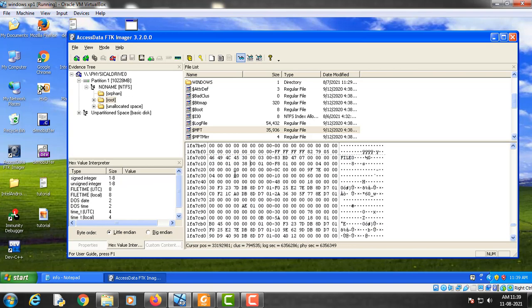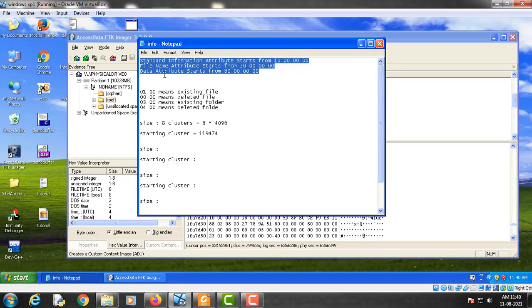So let me show you one thing, that there are different attributes in this master file record of the tutorial.jpg file. There are three attributes. The first one is the standard information attribute. It starts from byte 10 0000 and 00.